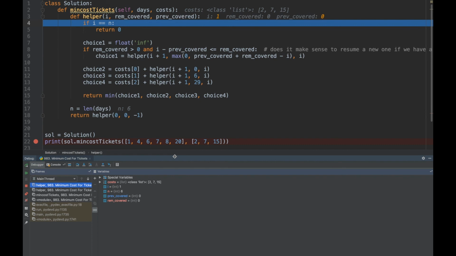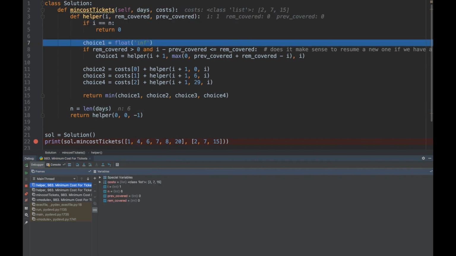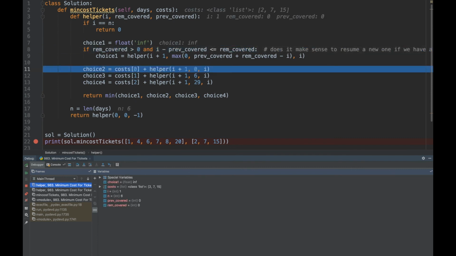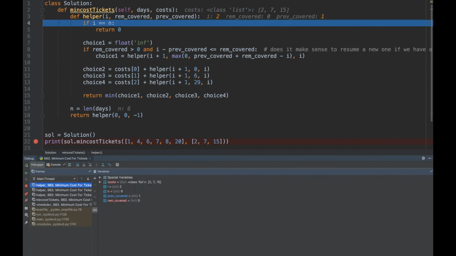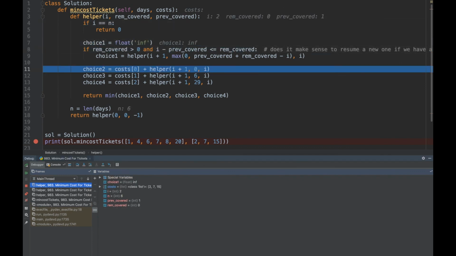Then we go to the I equal to 1, and if we take a look at our days, days here, so we are at 4. So we'll try. Okay, so it's 3, 4, 5, 6. So 6 multiplied by 2 should be 12, right? Okay, so we need to be at